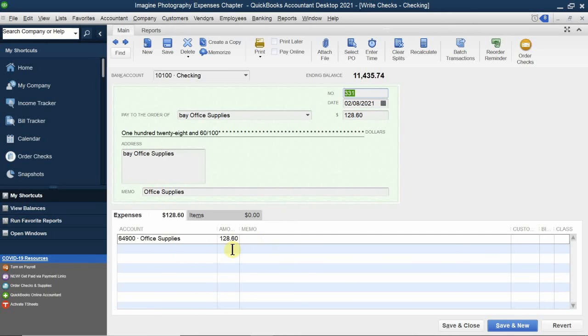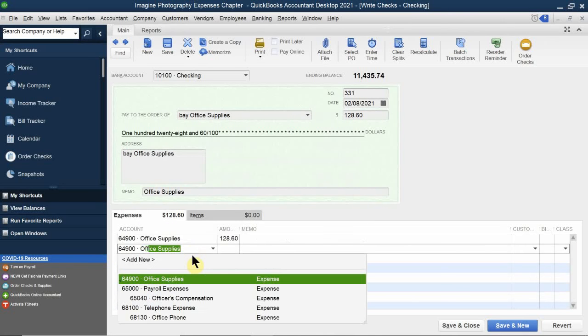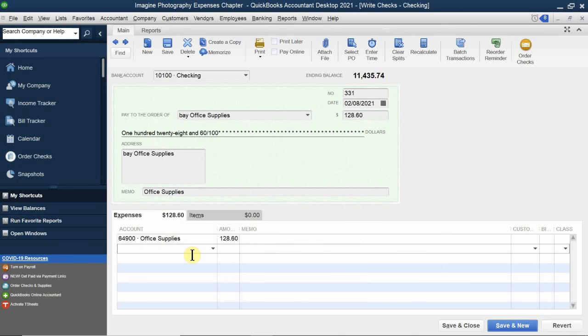I can go as far as saying, well, I actually spent $100, okay? Now again, I'm going to make another office supply. No, in this case, this isn't office supplies. So in this case, I bought $100 worth of printer paper. Now here's the trick here. QuickBooks will not allow you to